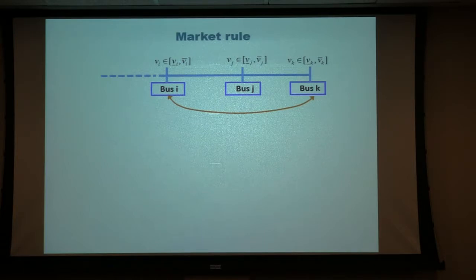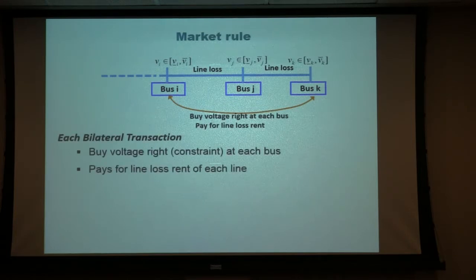So this is a market rule I put. We have the voltage constraint. I only focus on two externalities: one is the voltage, one is the power loss. So for the market rule, I'm asking each bilateral transaction to pay something. If you want to do a bilateral transaction, because you're going to affect the voltage of the node, you need to buy a certain right to affect that voltage. In economics language, people call it a voltage right. We define some voltage right on each bus, and every person needs to buy it.